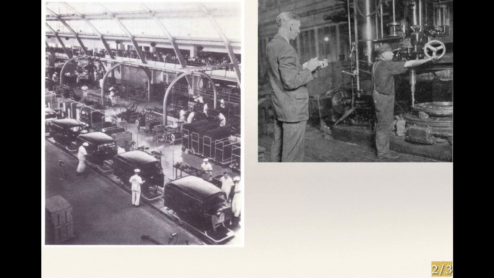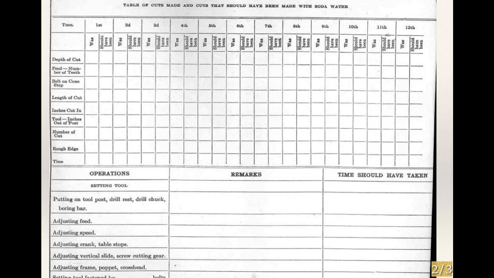These are a couple of images. The Fordist motor factory on the left, that is in fact the Ford Motor Company putting together trucks. And on the right, Frederick Taylor timing an employee, and then entering the data into a sheet like this. Remember, this is all before a computer, so when you were working with large bodies of data, it all had to be recorded by hand. So in this case, cuts that should have been made, probably in a lumber yard, and then the amount of time each gesture ought to have taken, the number of cuts each thing ought to have required, in order to find a way to make the whole process more efficient and to crank out more productivity out of industrial production.